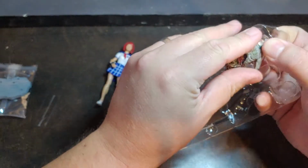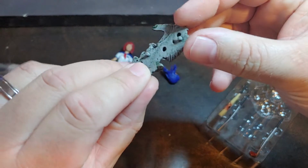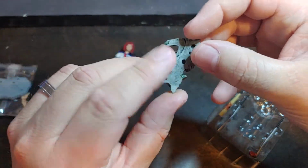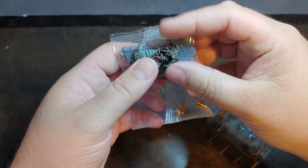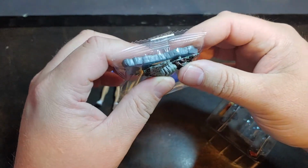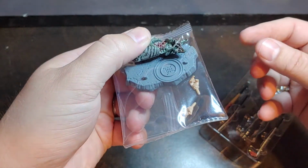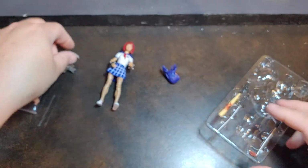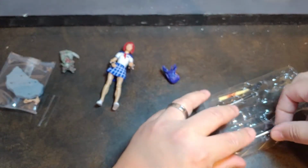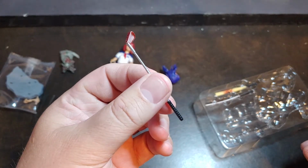Let's go ahead and take a look at the accessories. It does come also with a zombie torso, and then it does have the pegs. So the pegs are so you can go ahead and peg that to the figure stand there, to where when you're standing the figure, you can peg the torso down and have it at the feet of your figure when you're standing there. It does come also with a bloody golf club,